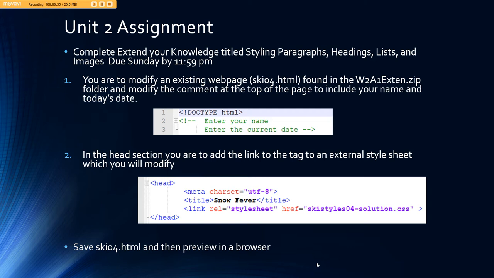The Unit 2 assignment: you're to complete Extend Your Knowledge: title, styling, paragraphs, headings, lists, and images. It's due Sunday by 11:59 p.m. You're to modify an existing web page. You'll find that